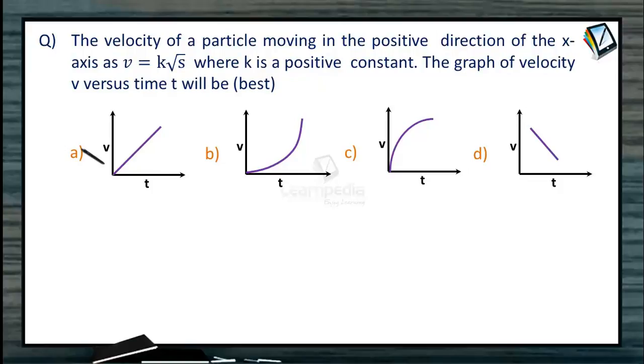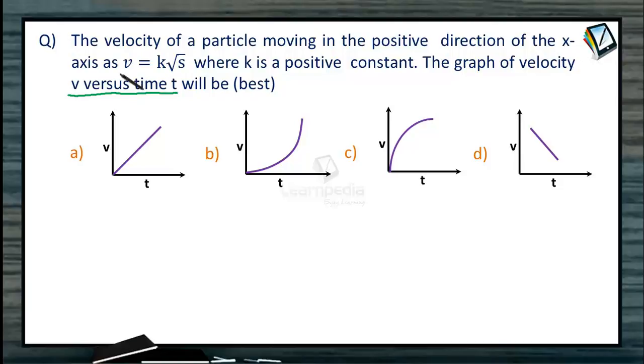Question. The velocity of a particle moving in a positive direction of the x-axis is v = k√s, where k is a positive constant. The graph of velocity v versus time t will be best out of the four given to us. We require the graph between velocity versus time, v versus t, whereas the velocity of the particle moving in the positive direction of x